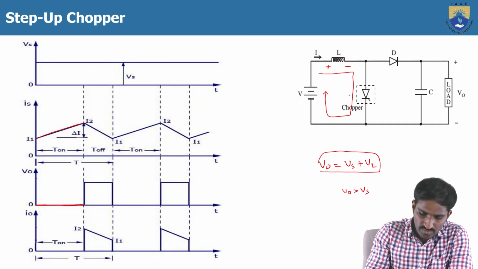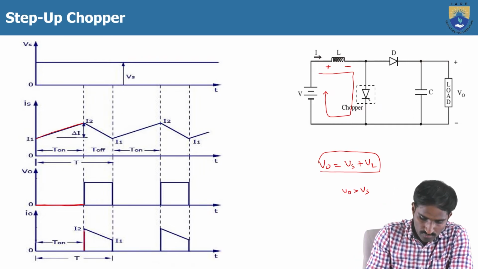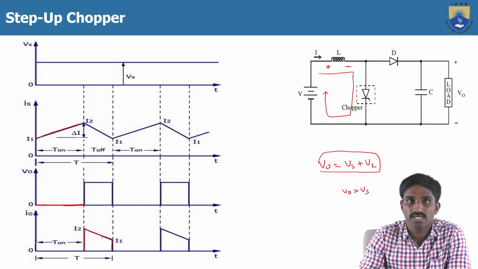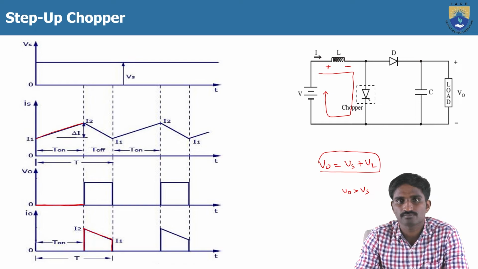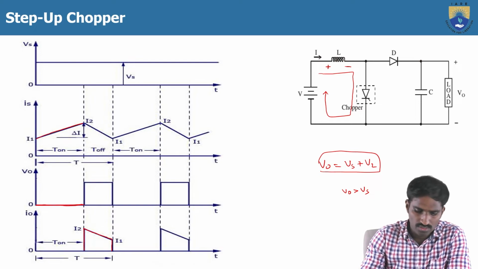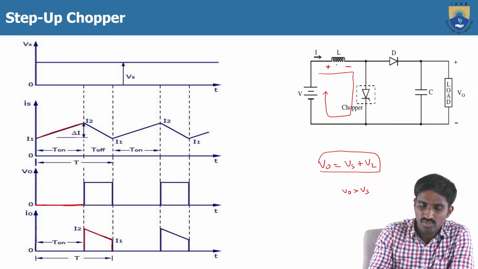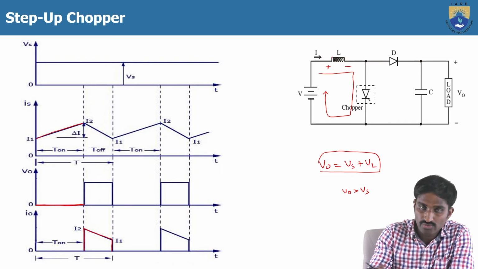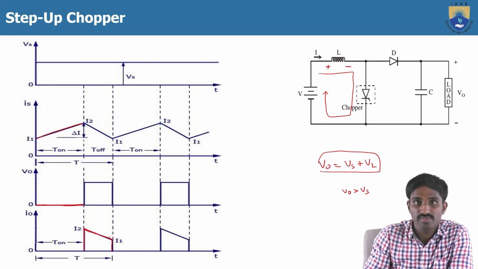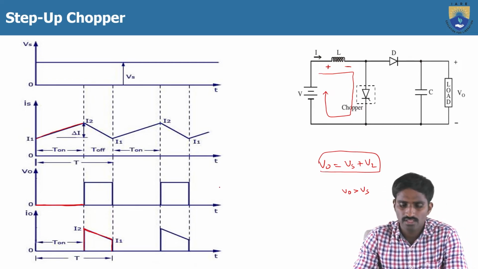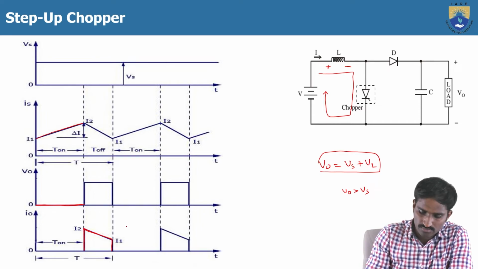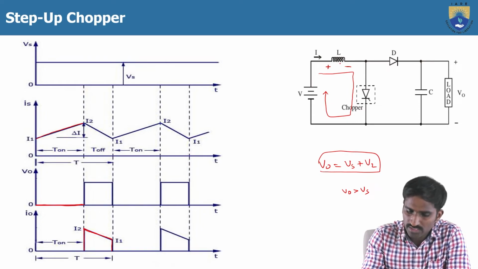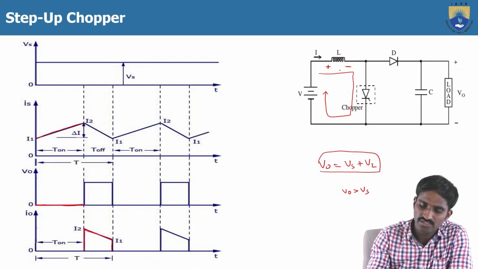So during this time, of course, some current will flow through the load. That's why this is the current waveform. Because of the inductor, initially the current is high, and when it discharges, the current gradually decreases. So that's why the waveform is like this. Then again the chopper is turned on, and the inductor will store the energy, because while discharging